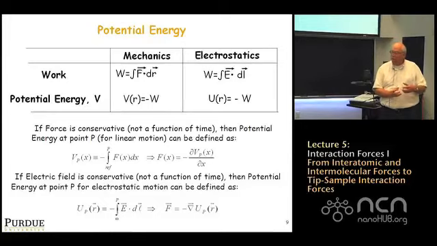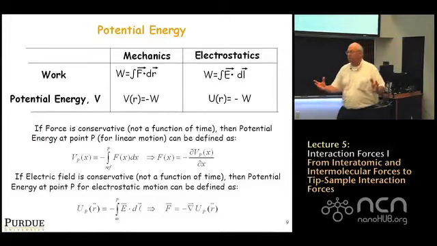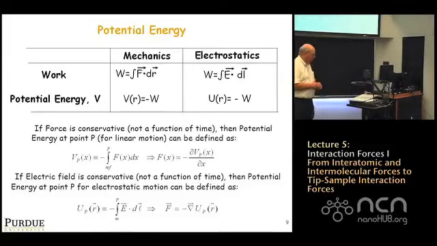So the electrostatic potential energy is much easier to calculate than a force, and you can always get the forces from it by taking minus a gradient, minus a derivative, basically. Okay? So that's another